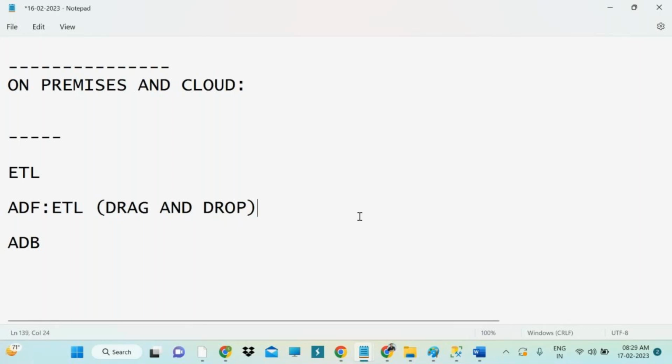Just drag and drop, and you complete your requirement. And coming to ADB, it is also doing the ETL process at the end of the day, but there are some complex requirements or customizations which we sometimes cannot perform through ADF. Most of the times we can achieve through ADF, but sometimes we cannot do some complex or customization requirements, because whatever is there inside the ADF, we are restricted to use that one